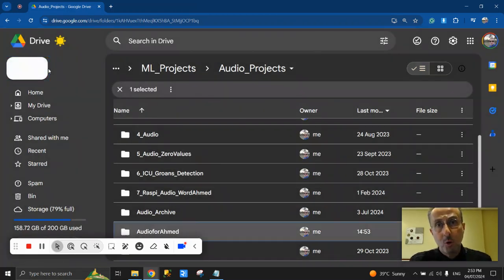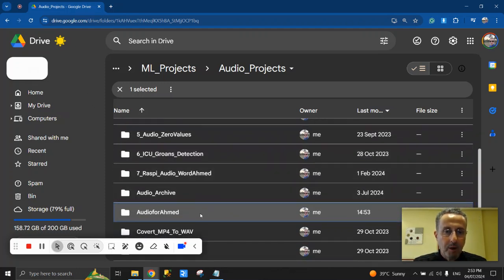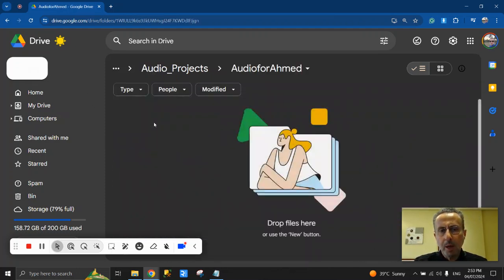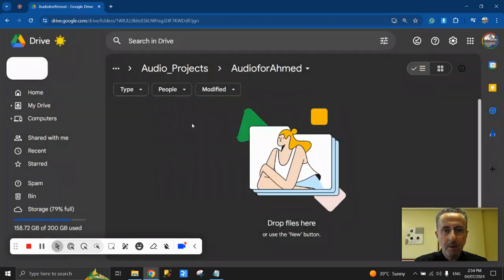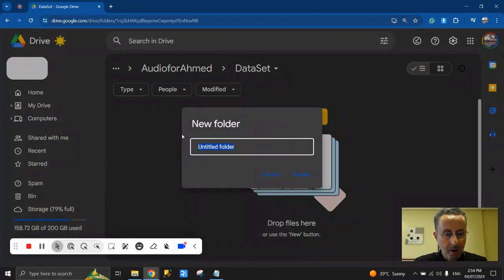Why audio for Ahmed? Because we will use the word Ahmed to activate the trigger audio. What I will do here is right click, new folder, dataset, and inside the dataset I will start my first environment, which was the